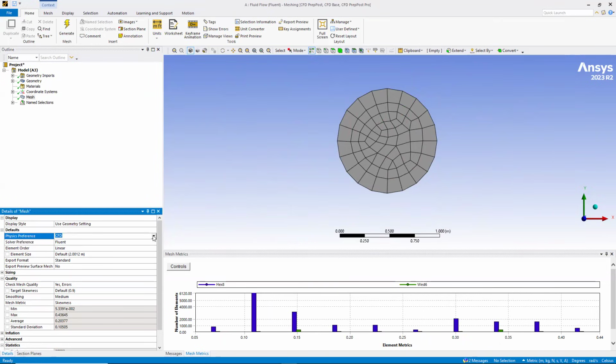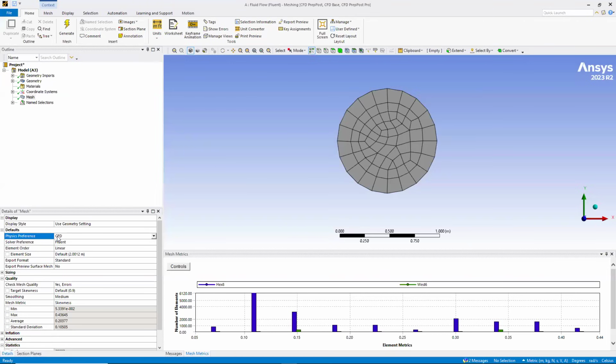So based on the CFD, there are, I think, 6 fields: mechanical, nonlinear mechanical, electromagnetics, CFD, explicit dynamics, and hydrodynamics. So for different algorithms, they have optimized different meshing programs inside the Workbench meshing. So based on the preference you choose here, those options will be activated or deactivated. So be careful. Sometimes by default you have something selected, because in the majority of the cases I've seen, the mechanical